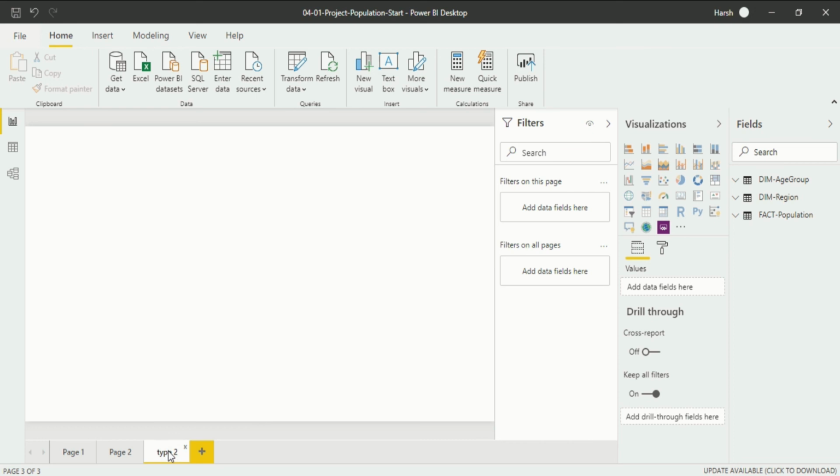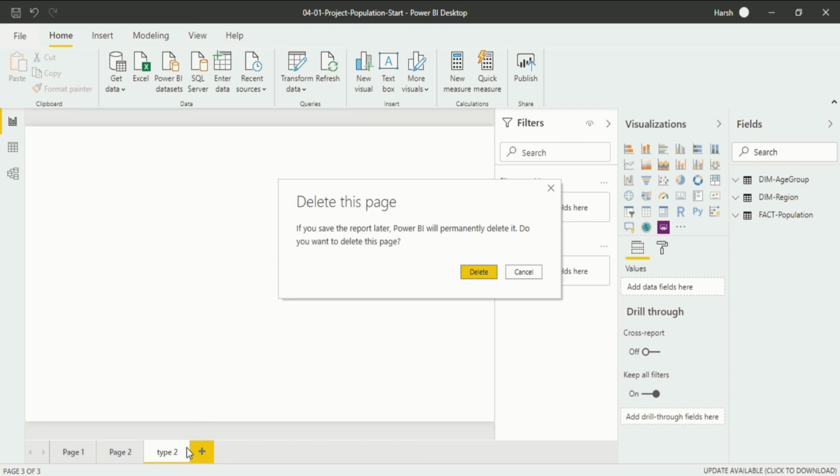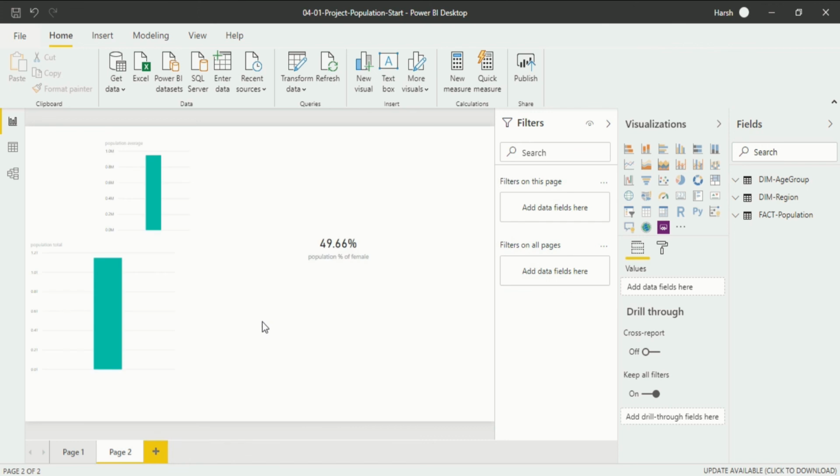When you click on the tab you will see a cross sign at the side of the page, and just after clicking it your page will be deleted. Delete this page. If you have saved the report later, Power BI will permanently delete it. Okay, we do not want it, so I will click on the delete option. So you will see the page has been deleted.